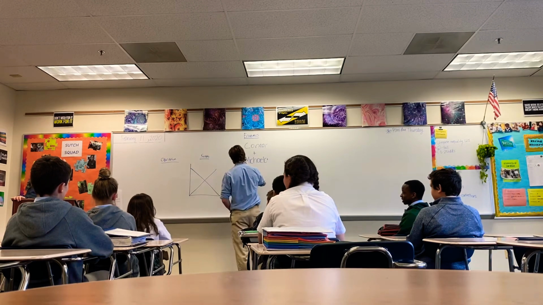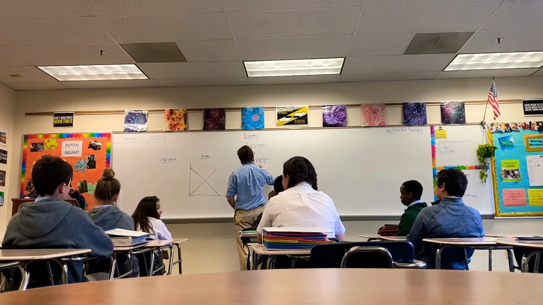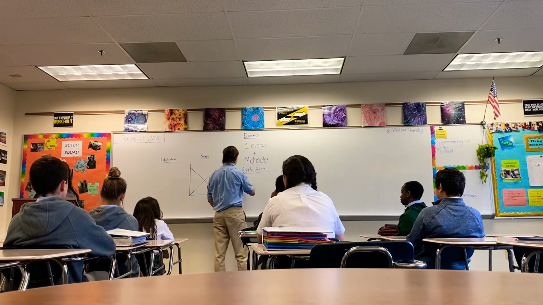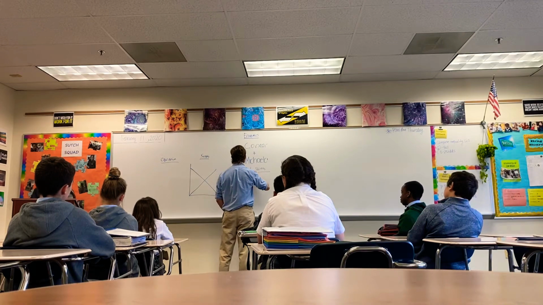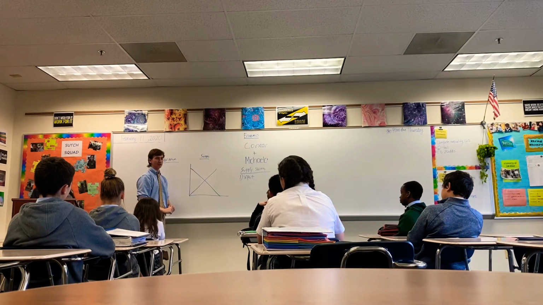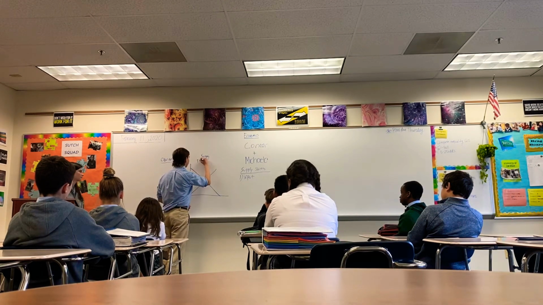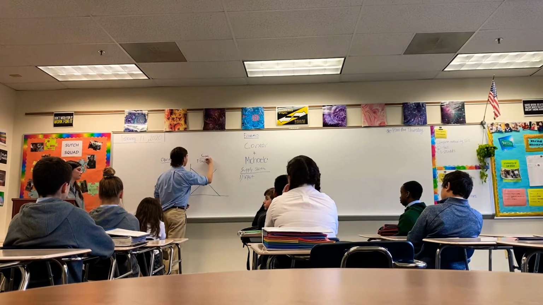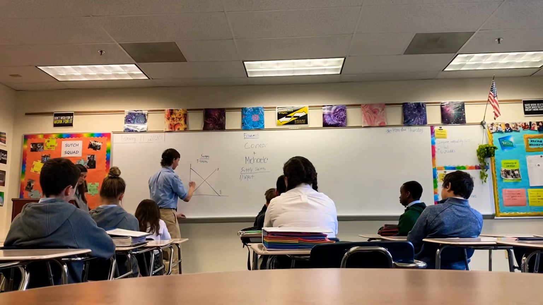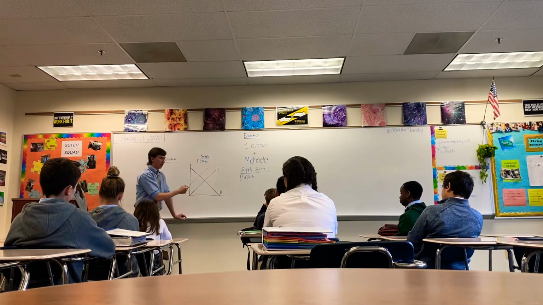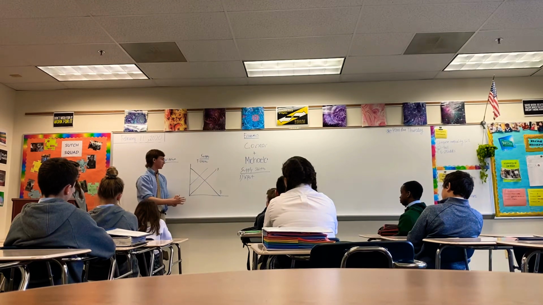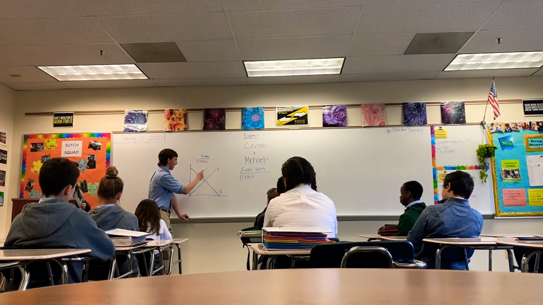Thank you. All right, so supply shifts. The first supply shift I'm gonna talk about is called input prices. Let's say we're talking about the market for t-shirts, and only cotton t-shirts. If the price of cotton went up a ton, that would shift the supply curve to the left, because it'd make the suppliers want to produce a lot fewer t-shirts because it costs them so much money to make them, and that also makes them need to sell the t-shirts for a higher price, as you can see.